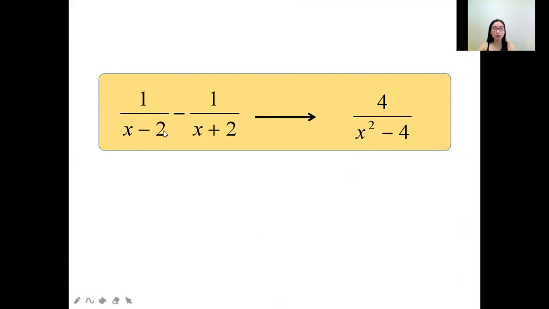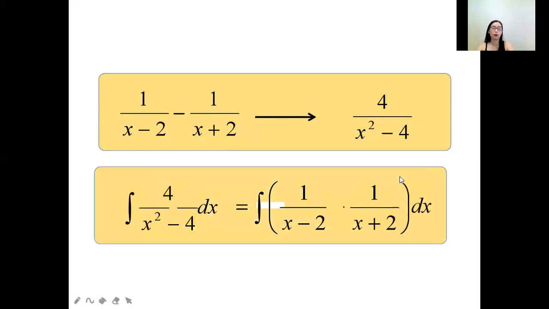So 1 over x minus 2 minus 1 over x plus 2, if we combine it, we get a common denominator in simplified form. So x minus 2 times x plus 2. Then you cross multiply here. X plus 2, you put in the numerator here, then this one here. Okay, so when simplified, it becomes 4 over x squared minus 4. So here